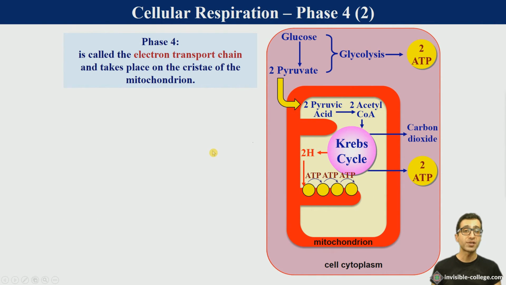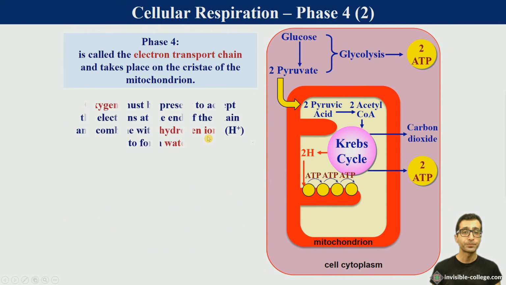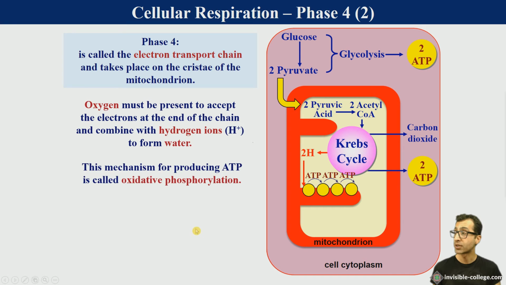So phase 4 is called the electron transport chain. Now in this phase, oxygen, as we said before, needs to be present because oxygen is the terminal electron acceptor at the end of the chain, and when it accepts electrons, it also combines with 2 hydrogen ions to form a water molecule. So this mechanism for producing ATP is called oxidative phosphorylation, in contrast to substrate level phosphorylation,